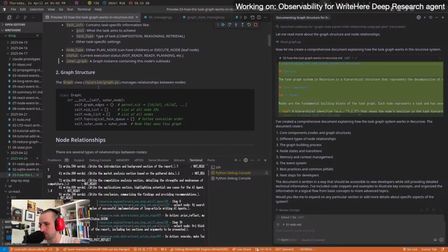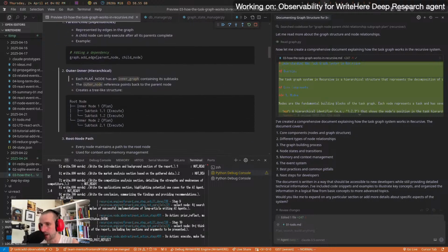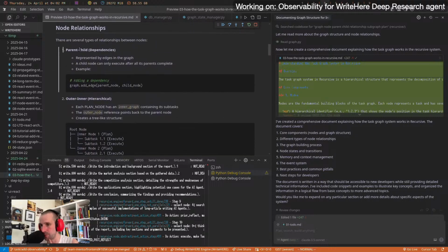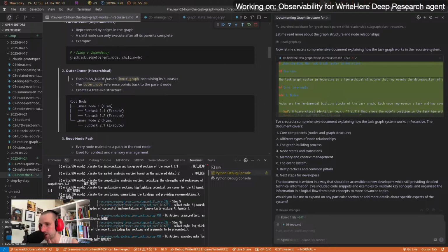And I just had an idea which we're going to try out, which is going to be pretty interesting. The graph class manages relationships between nodes. Cool. Node relationships: we can have edges, parent-child. A child node can only execute after all its parents complete. Outer-inner: each plan node has an inner graph containing its subtasks. The outer node reference points back to the parent node. So I wonder,